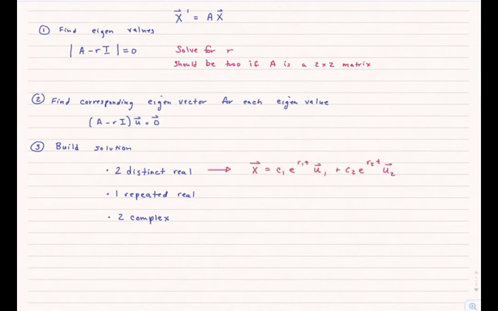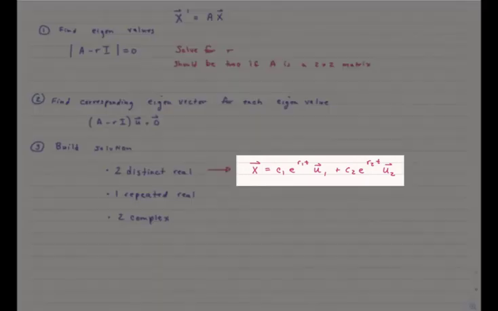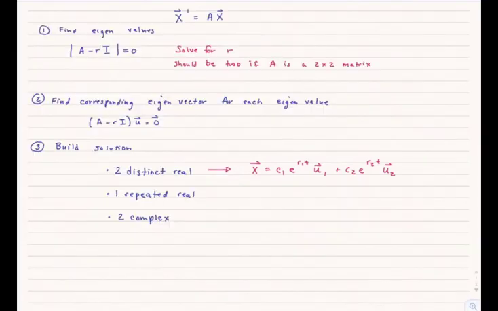When we found our two values for r and our two eigenvectors, our general solution for two distinct real is always in the form of c1 e to the r1t times eigenvector u1 plus c2 e to the r2t eigenvector u2. Now notice if we had a 3 by 3 matrix, it would still be in this exact same form. But for exams, we're going to stick with a 2 by 2 matrix. Therefore, your solutions will always look like this if we have two distinct real. So now we have to talk about what happens if we get one repeated real solution and what happens if